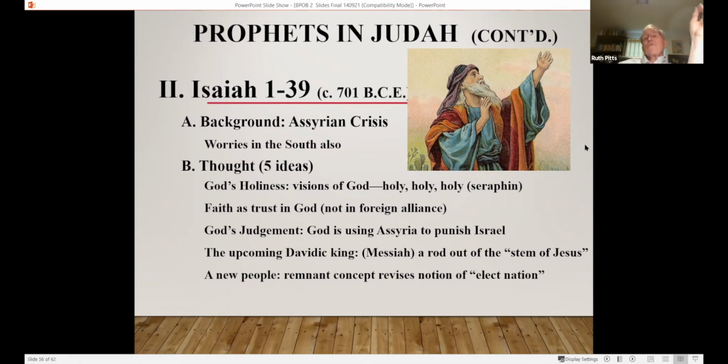The second is faith as trust in God. And he keeps saying, look, do not trust foreign alliances. They had done this in the past. They made an alliance with the Egyptians, and then the Egyptians didn't honor it. And then they made an alliance with somebody else, and they didn't have the strength to deflect the power of the Babylonians. So again, faith, he's not saying don't be realistic, but he's saying keep your trust in God.